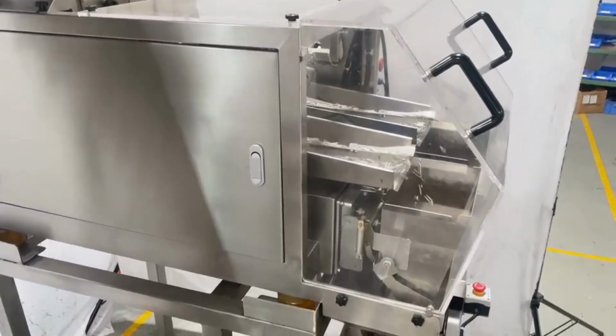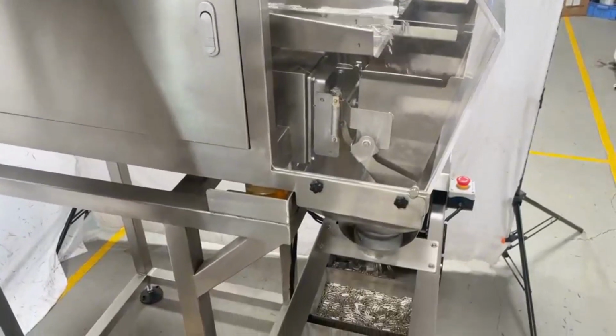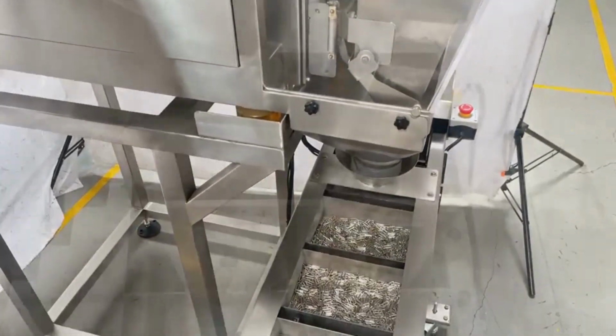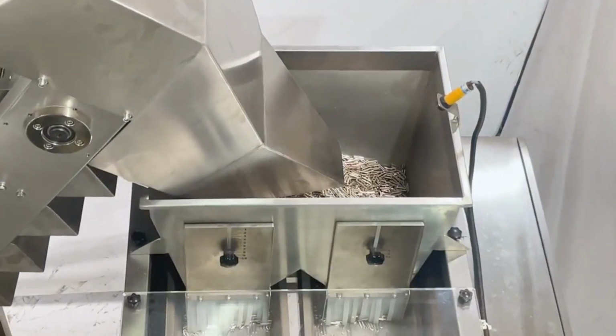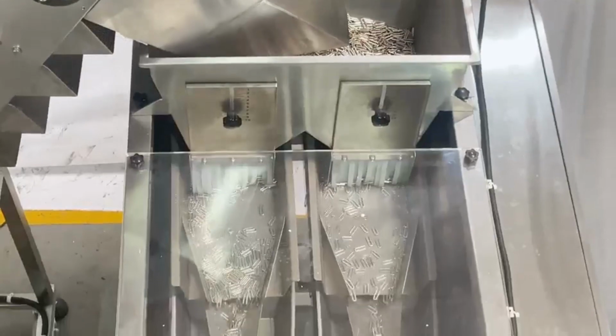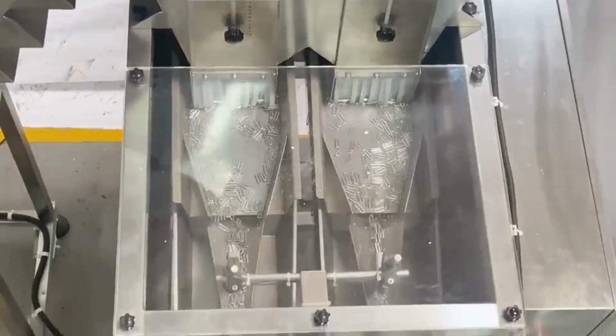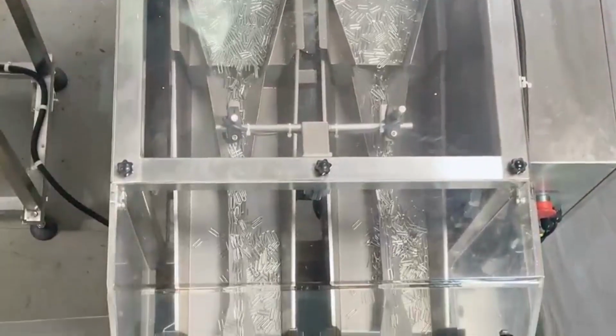Once the parts are accurately weighed, they are dispensed into pre-formed bags. Our vertical form fill seal, VFFS, technology takes over from here. The machine forms bags from a continuous roll of film, precisely filling them with the weighed parts. The film is then securely sealed using our advanced sealing mechanism, which ensures airtight and durable seals to protect the